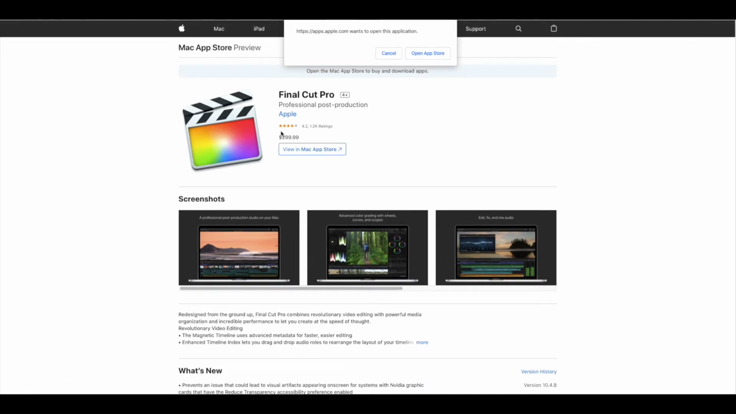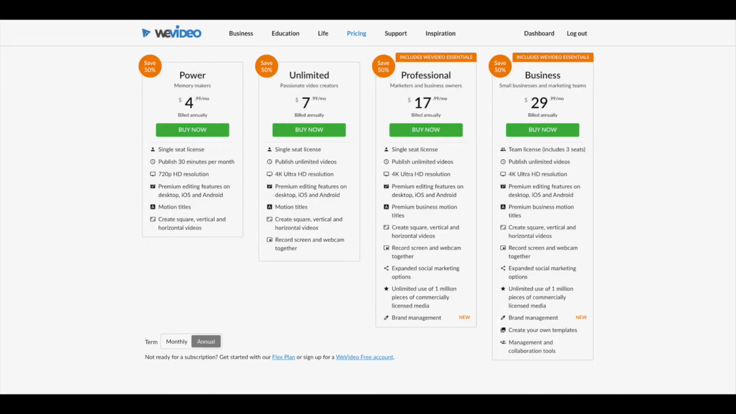You're also looking at $299 for both of those options. Now, take into consideration WeVideo, which is subscription based. The plan would be, like I said, $359.88 billed annually, and that's annual. So take that over the course of years and years and years, and you're paying so much more